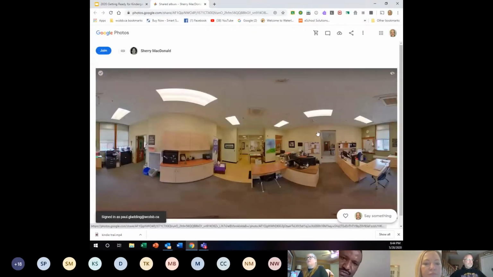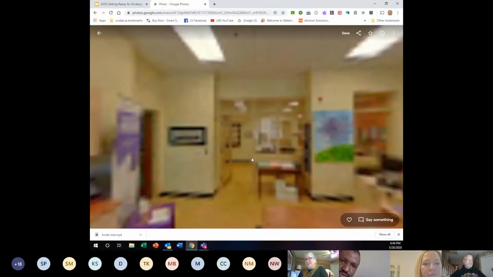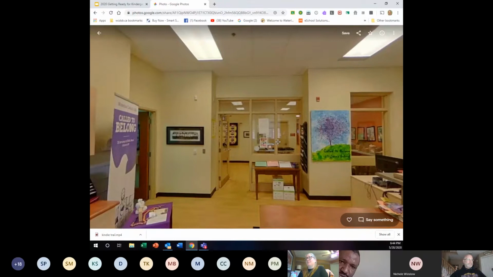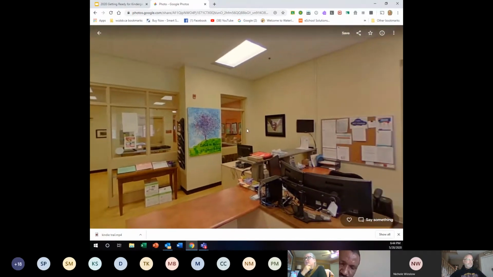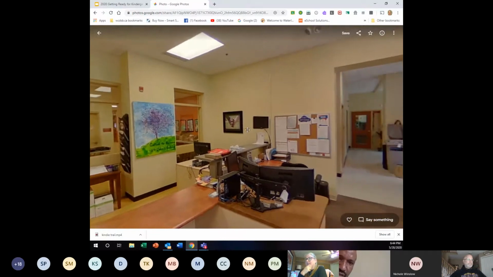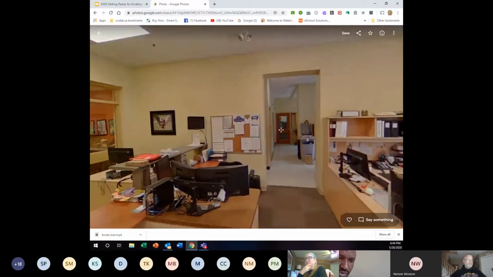I'm just going to tell you a little bit throughout this presentation that you guys will be able to come back to. There will be things that are highlighted in yellow. Where it's highlighted in yellow, you're going to go onto the picture, and there's a little halo type idea in the right-hand corner. We'd like for you to select that halo, and you can get a 360 view of the